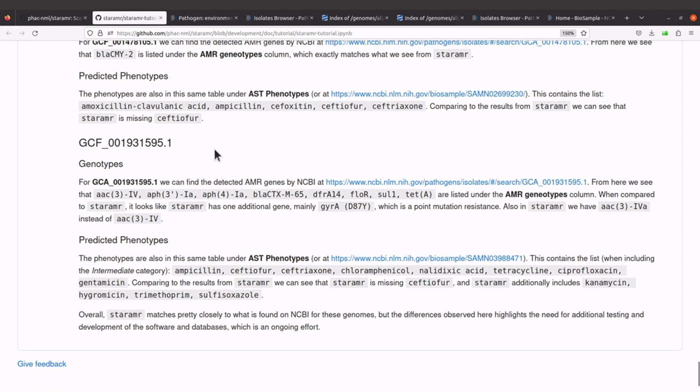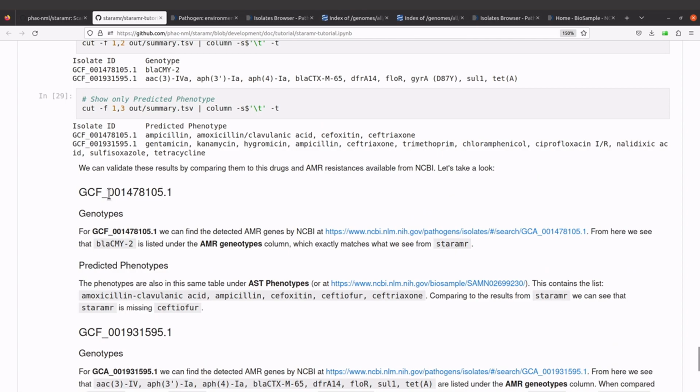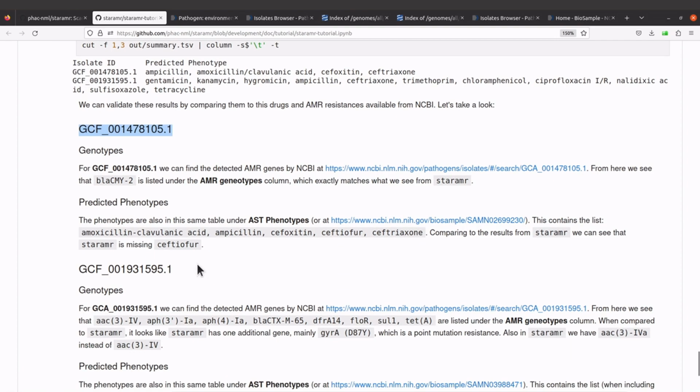Now let's look at isolate 2, and that is this one here. Take note that we renamed our files. We use isolate 1 and 2. But this tutorial used the session IDs here, so that's why you are seeing GCF blah blah blah, GCF blah blah blah. Now for isolate 2,